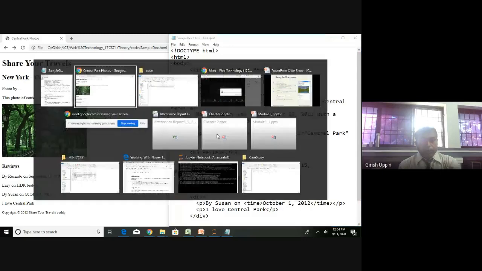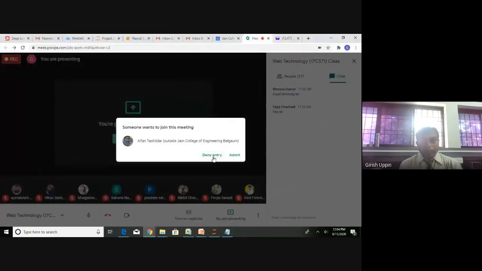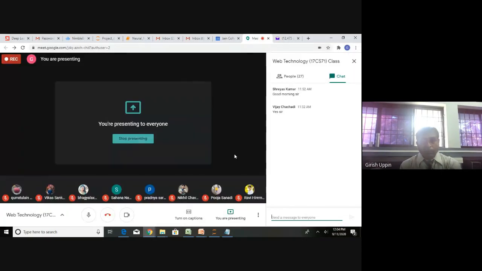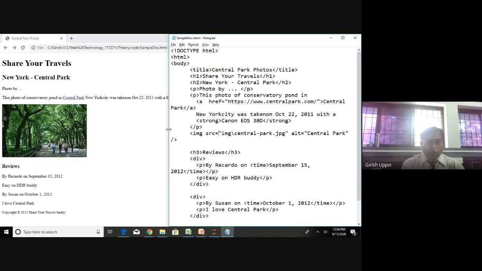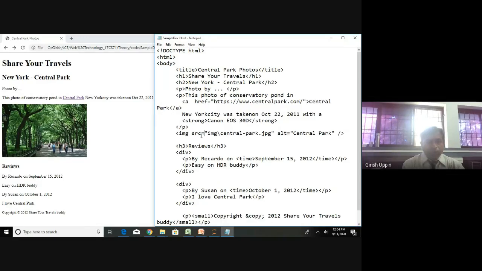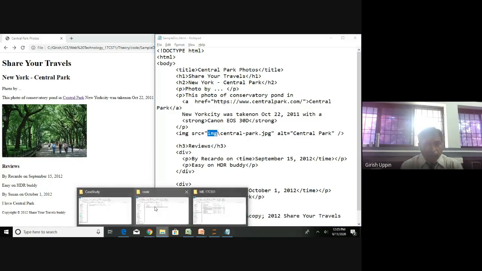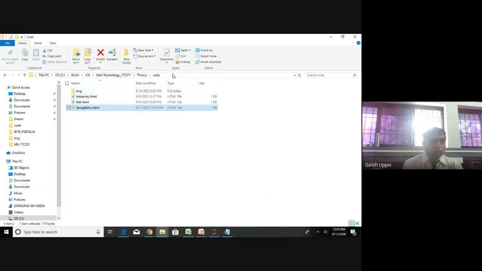The image HTML tag will insert the image. As we know, the img src tag is going to insert the image. So you can see the image is inserted. Where is it getting that image from? It is getting it from an img folder, wherever you have that particular HTML file. I will show my folder. So where is my HTML file?